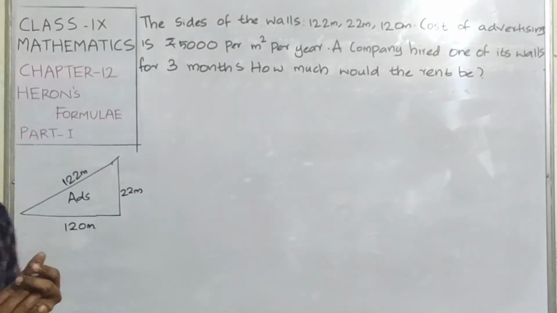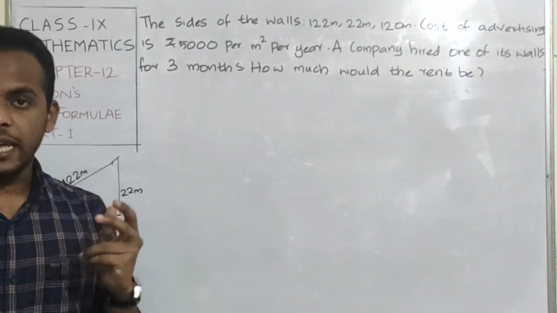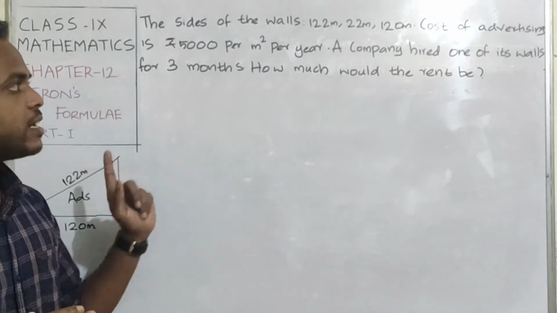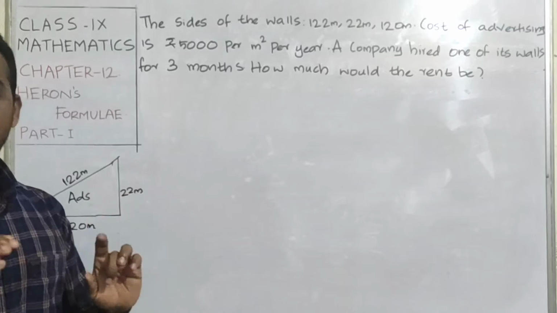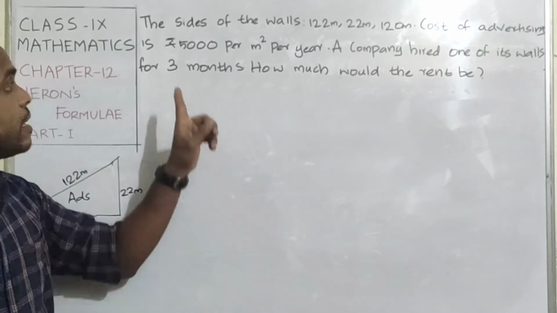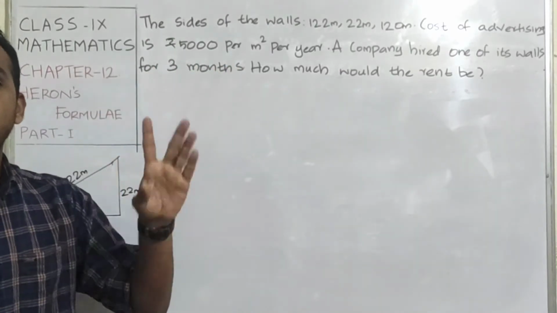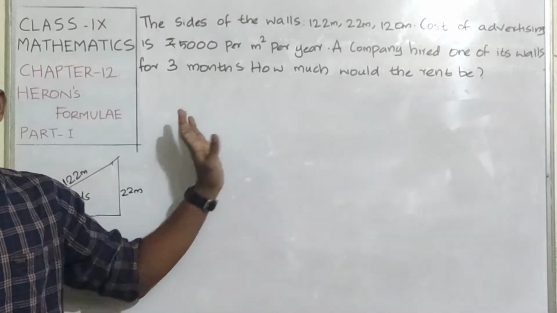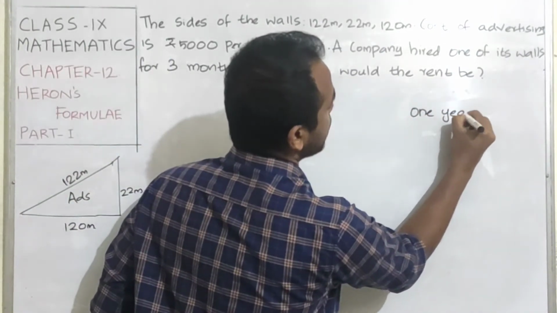First, we will have to find the area of this space. First we find the area, then we will multiply it with the rate. But this rate is for 1 year. We don't need to multiply it for 1 year. We know 1 year is how much? 1 year is